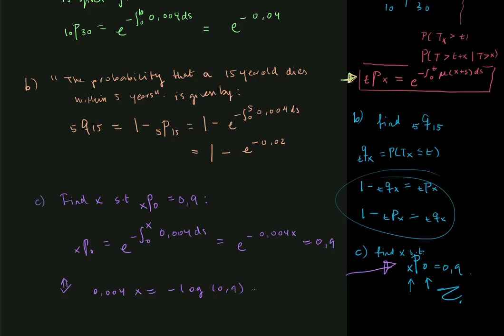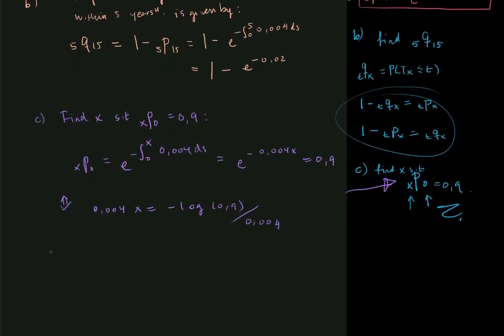And if I just divide by 0.004 on both sides, then I think I'll get x. So what do I have that x is? X is equal to,